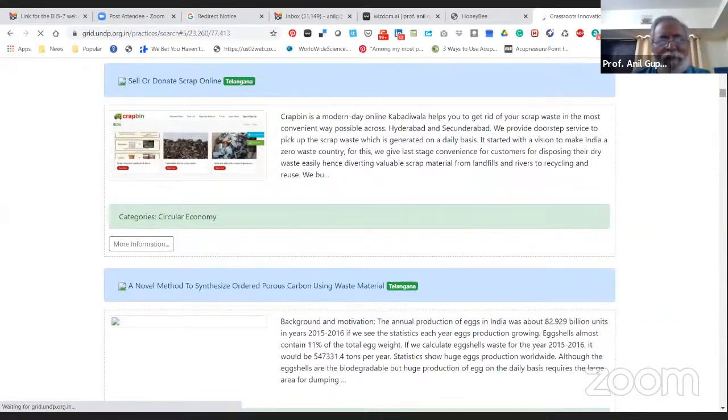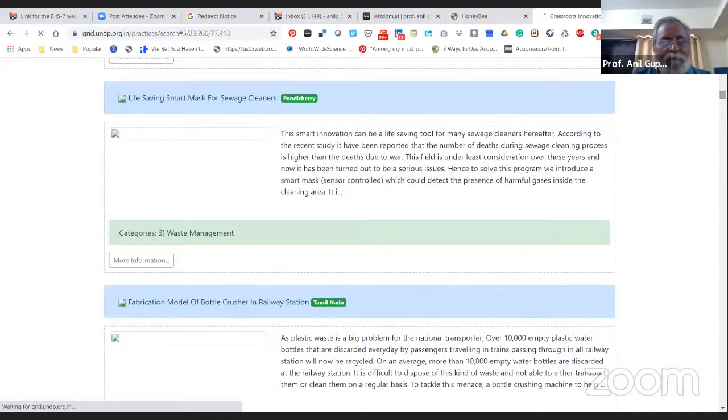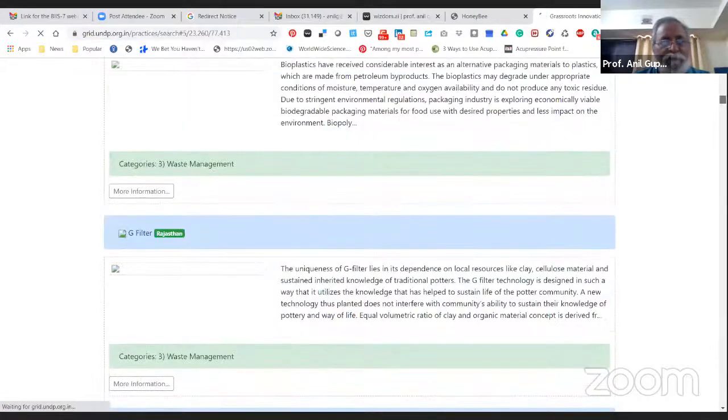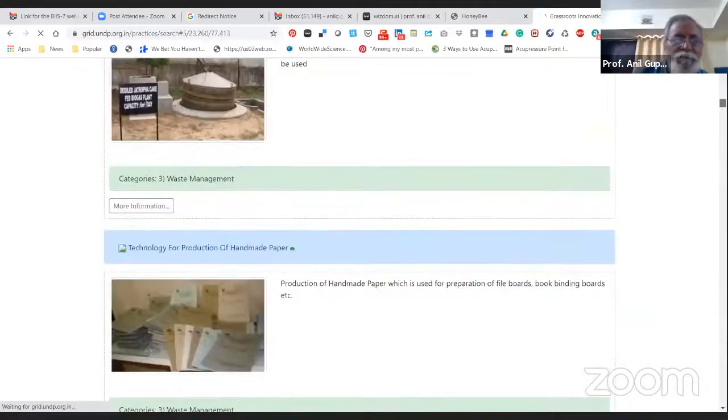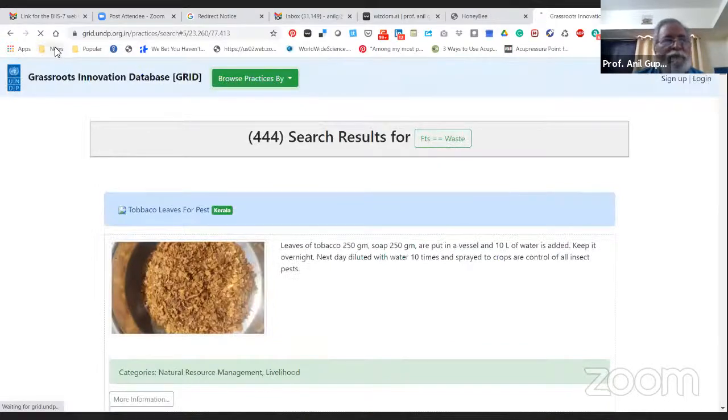Scrap online, you have waste, how do you sell it? Even that is given. So these are for Grassroots, and there are some life-saving smart masks for sewage cleaners. They deal with the human waste or other waste. What kind of solution we can develop? Fabrication model of bottle crusher at railway station. How can you say design and development of sewage cleaner, filter? So all these bio-waste is used to make handmade paper. So these solutions can be obtained at a flicker of a button, but you can also search